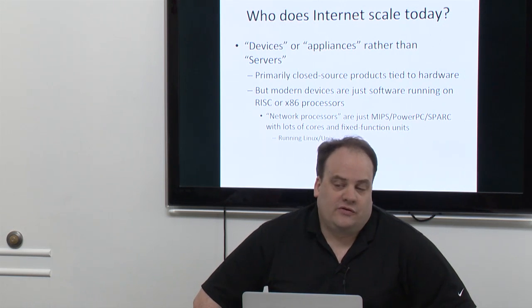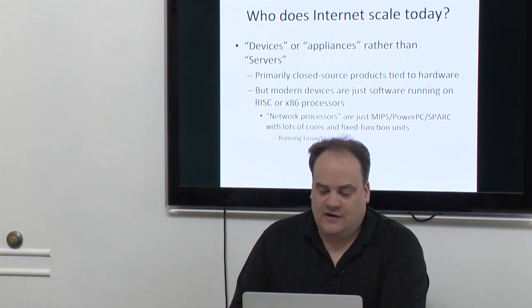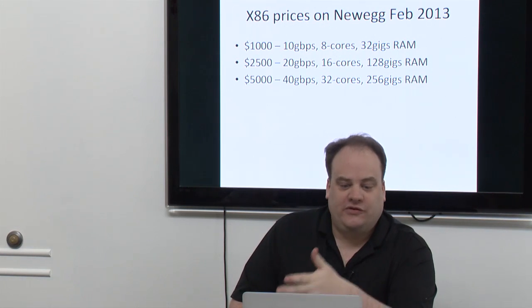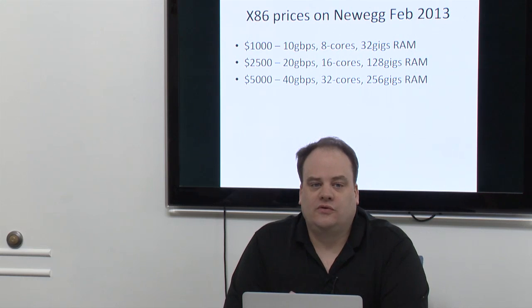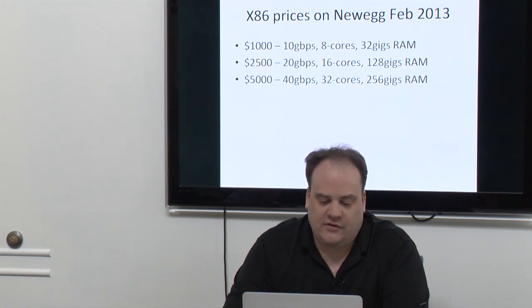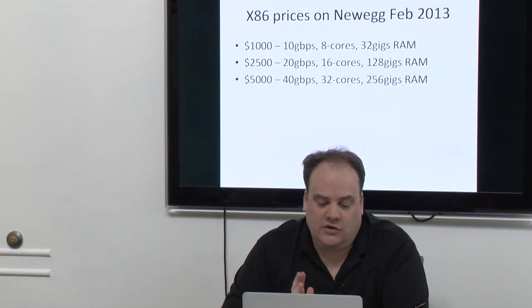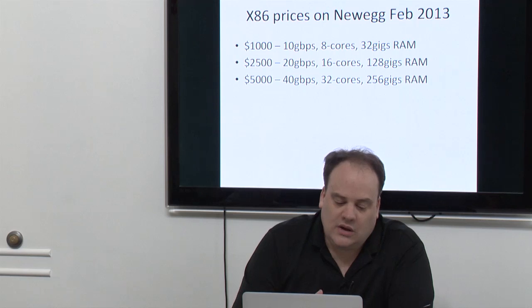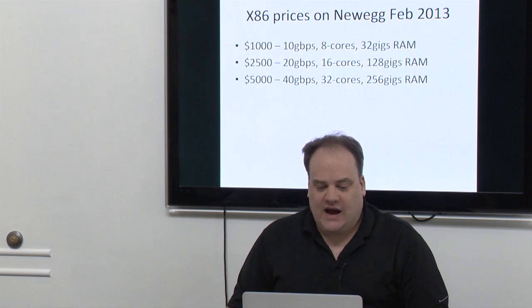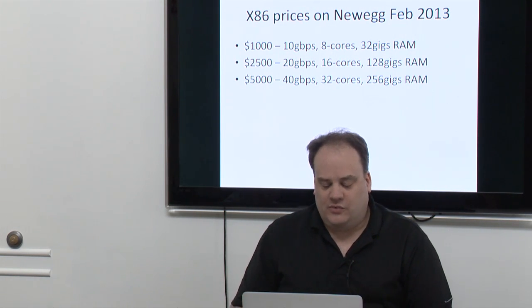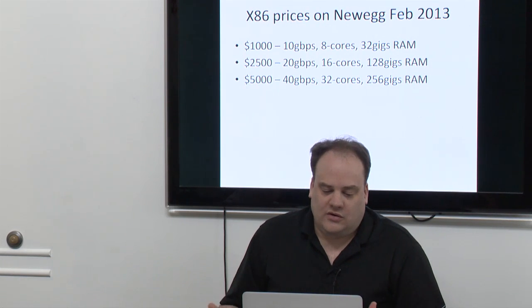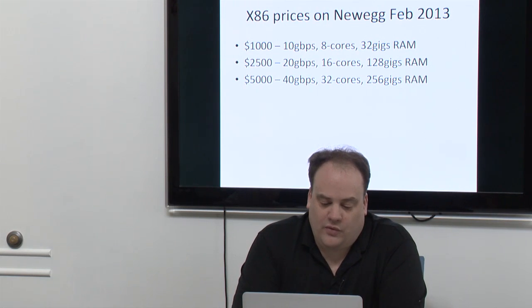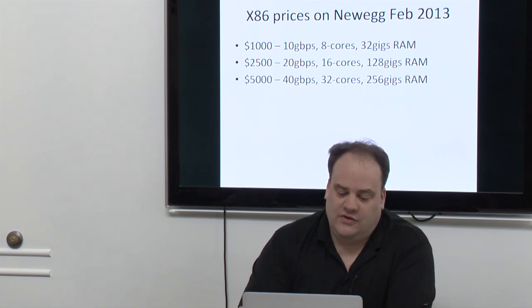A lot of them are just software, and they're software that you can write on x86. So the sort of system you would need to reach the scalability is about $1,000. My code does this level of scalability on a $1,000 computer using 8 cores with 32 gigs of RAM, if it's really highly tuned. If you can't really highly tune it that much, and you probably can't for most applications, you're going to spend more like around $5,000 for a server. And a server for $5,000 can easily scale to these levels.